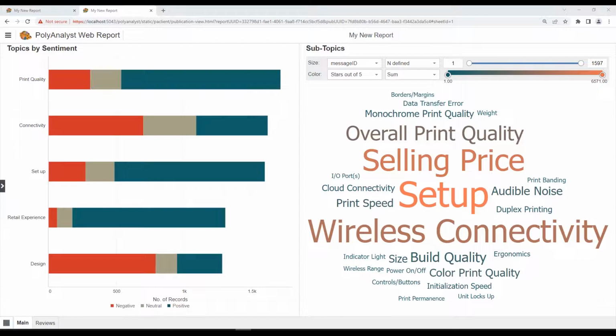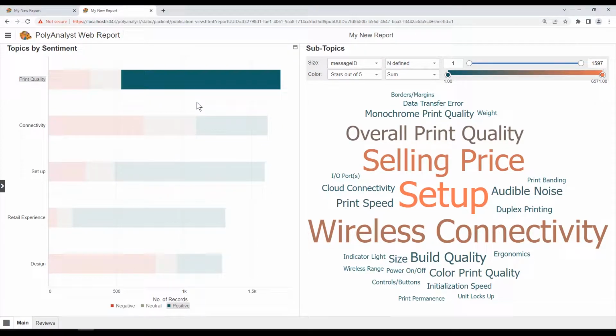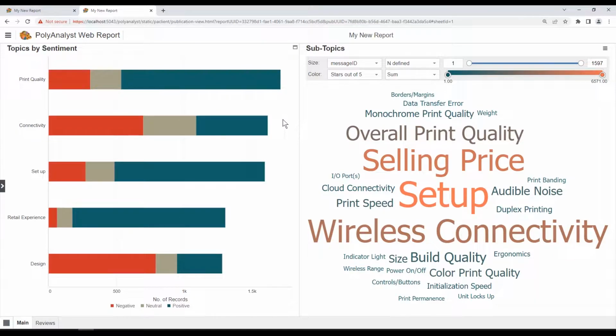Over the last few sections, we have built and customized a simple web report in the report editor and published our report. However, our published report does not display any drill down features, and the report objects don't interact with each other. For example, perhaps we want to be able to click on the topics by sentiment chart here and then have this filter this subtopics tag cloud and only show the subtopics related to a specific type of sentiment